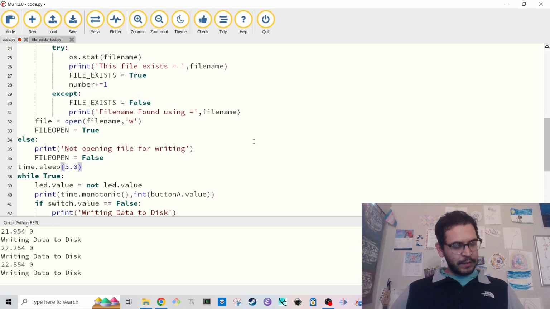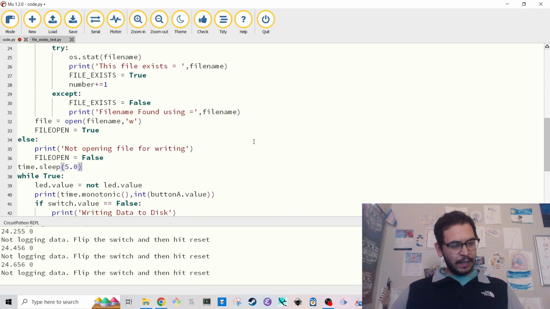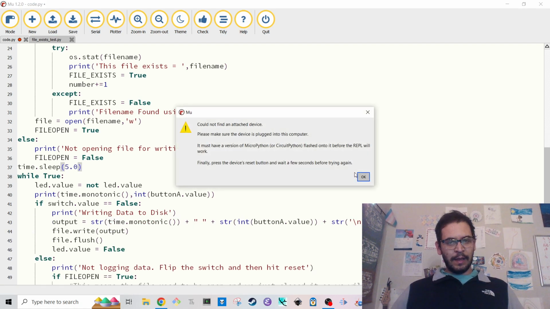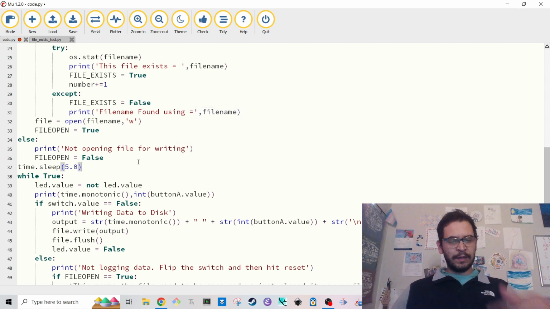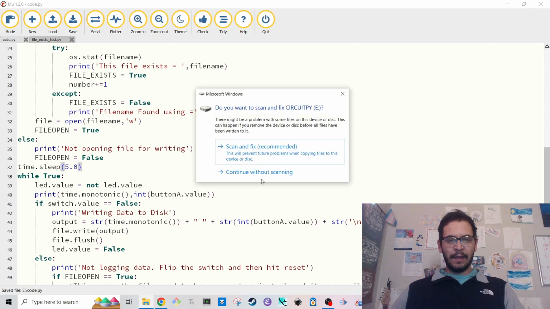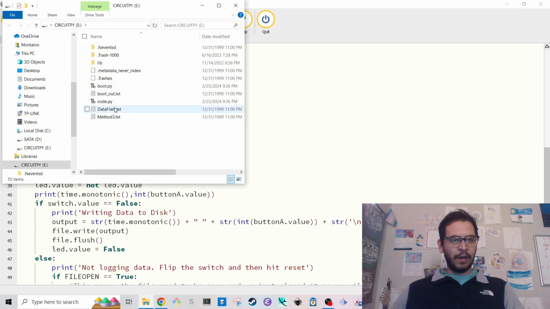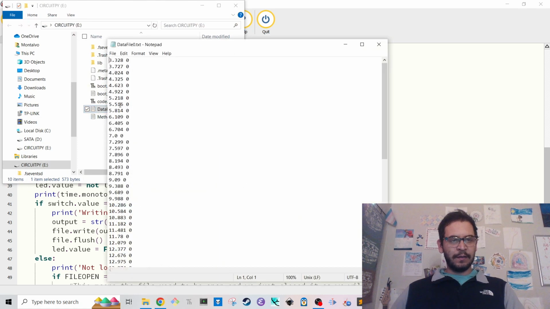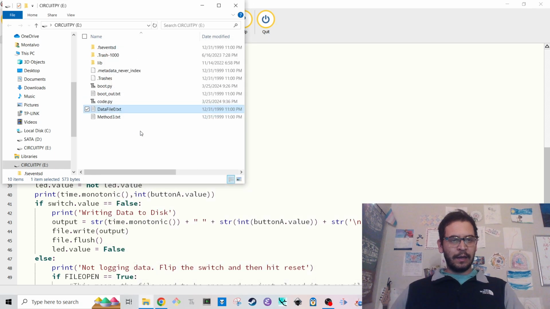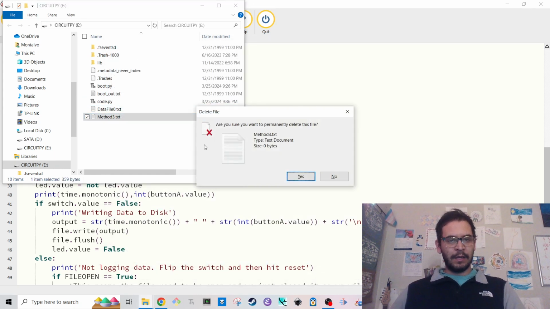Okay, so I'm going to flip to the A button. I'm going to hit reset, and once it remounts, I'm going to go ahead and save this code so it waits for 5 seconds. And then if I open up the code, there is data file 0. Okay, so there's data file 0, and I can go ahead and delete method 3